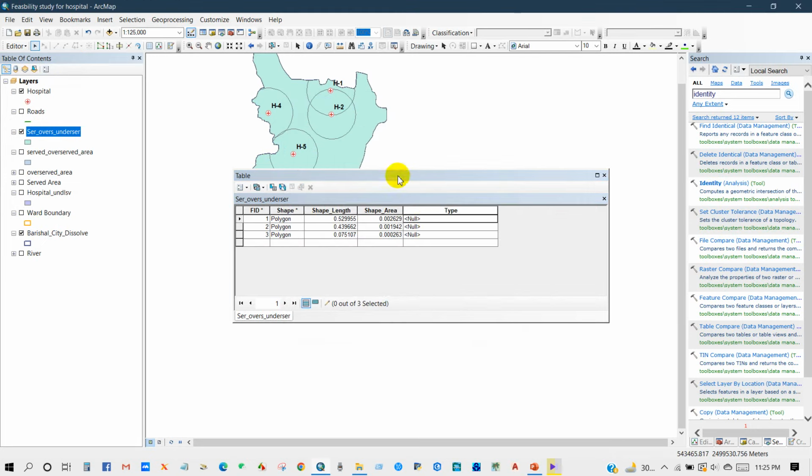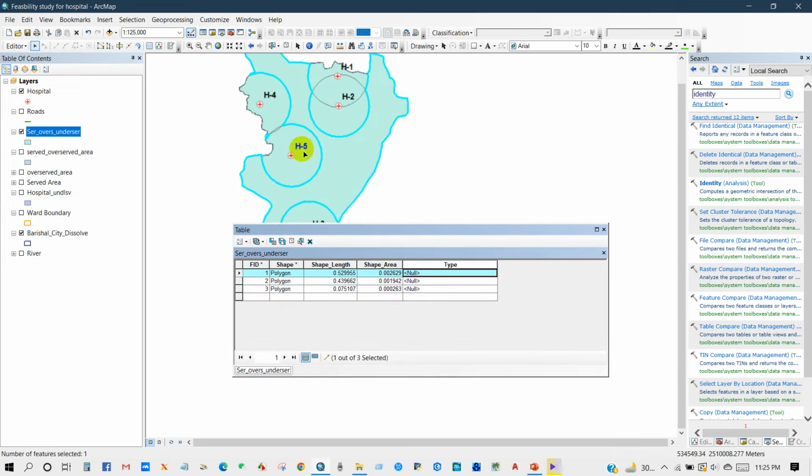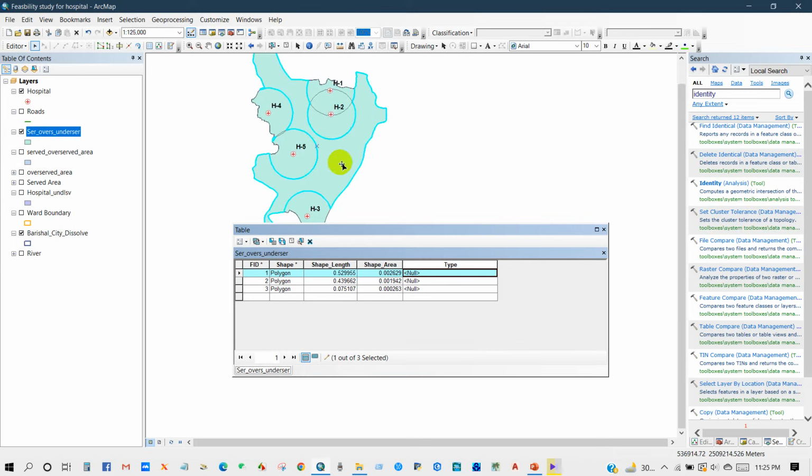First one is underserved area. I'm writing underserved area, and second one is served area. I'm writing served area, and this is the overserved area. So I'm going to write overserved area,